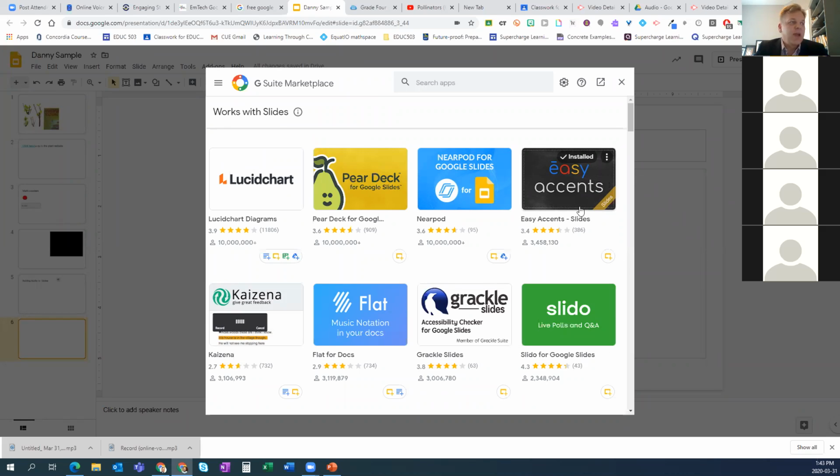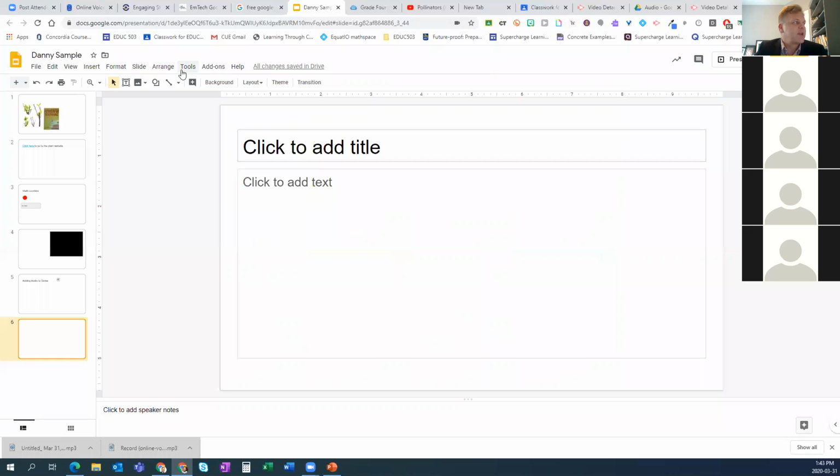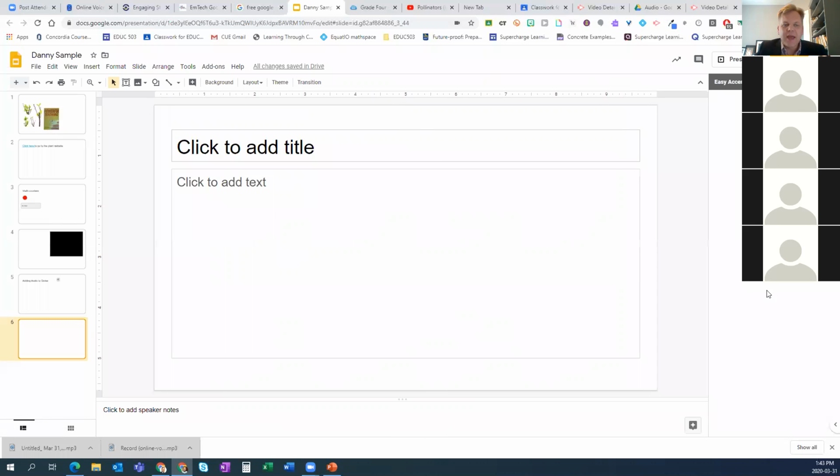Spanish. So Easy Accents is a cool one. And it makes it a lot easier for you to bring in accents from various things into your slides. There's also an add-on for Google Docs as well. So check it out. I'm going to close this now. I've already installed it. So once I go Easy Accent Slides, now it's going to open up this little right sidebar there. Select a language. Well, let's go Spanish, since the first person who responded said Spanish,